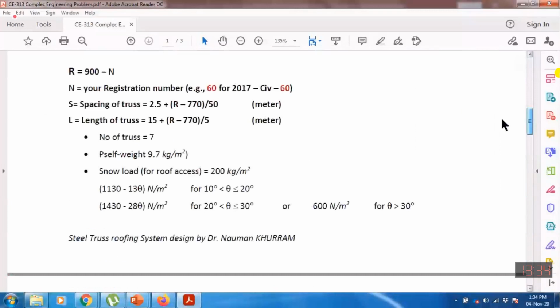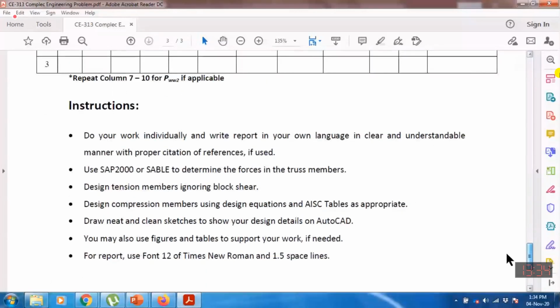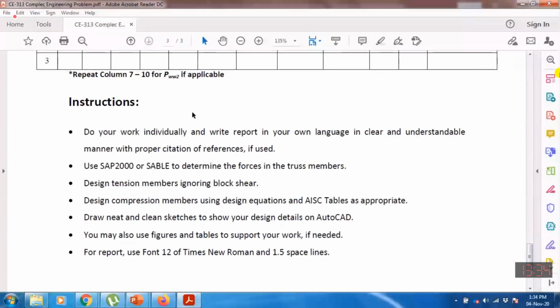Some other instructions: do your work individually and write the report in your own language in a clear, understandable manner, with proper citation of references if you are using any. You can make the report either handwritten, or you can submit it maybe in design gesture, or you can write it in Word. But in Word, there's a problem. If I find any plagiarism or any copy, I simply